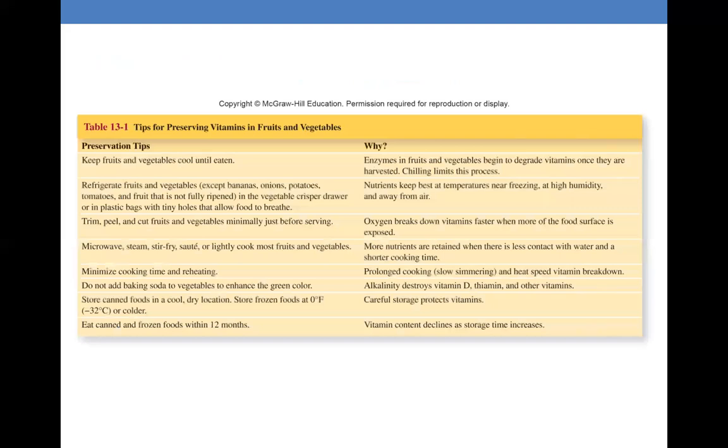Tips for preserving vitamins in fruits and veggies. So we discussed that pretty much all of these B vitamins, as well as the vitamin C, are water soluble and are easily destroyed by heat, oxygen, iron, and alkaline materials potentially. And so these are some tips for keeping your vitamins and minerals in their highest possible concentrations in food sources that you buy. And I believe this concludes our